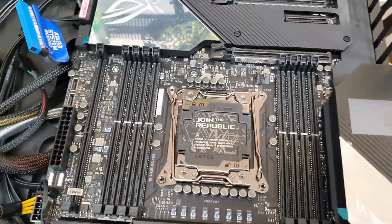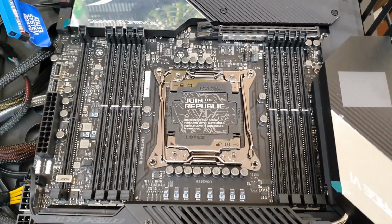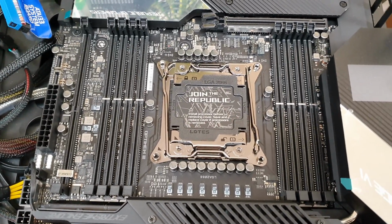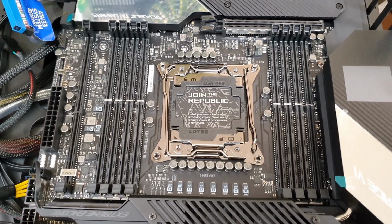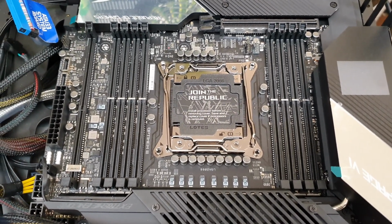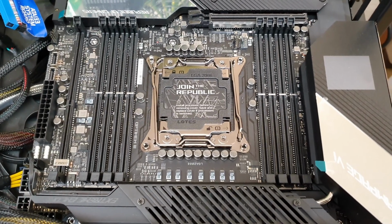But this, or rather the replacement motherboard, because this one's faulty, will be the centerpiece of one of my 2 workstations. And of course, what we used to consider to be a workstation 5 or 6 years ago is very different now when you see these massive core monsters out here. So this one